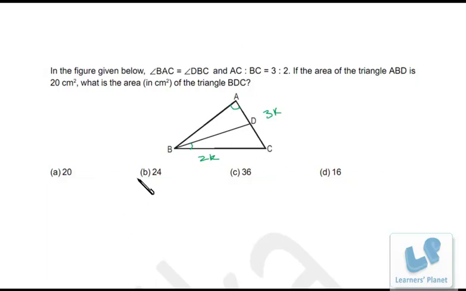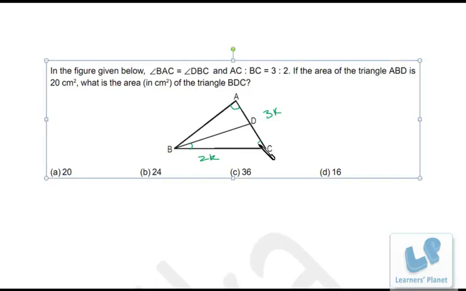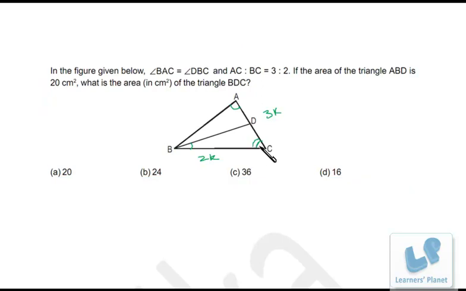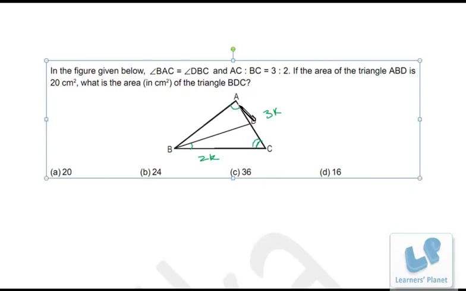Now friends, here it is a simple problem based on the properties of similar triangles. I take this angle that's common between triangle ACB and triangle DCB. That means, and these two angles are also same. That means triangle ACB is similar to triangle DCB, right? That is AA similarity. So if two angles of two triangles are same, then both the triangles are considered to be similar, right? So in that case, what happens?